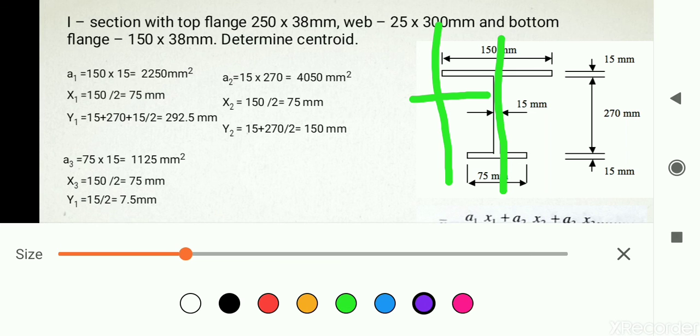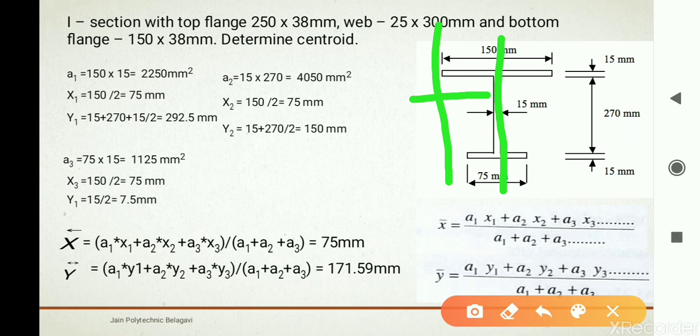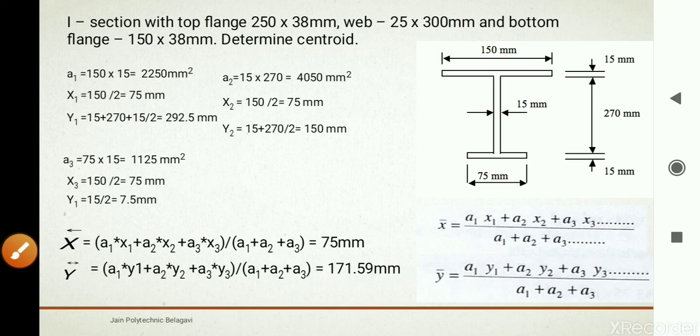Then if you mark y bar, that is 171.59 millimeters, from the bottom reference line vertically, at this location somewhere you are going to get the main CG of this particular section.